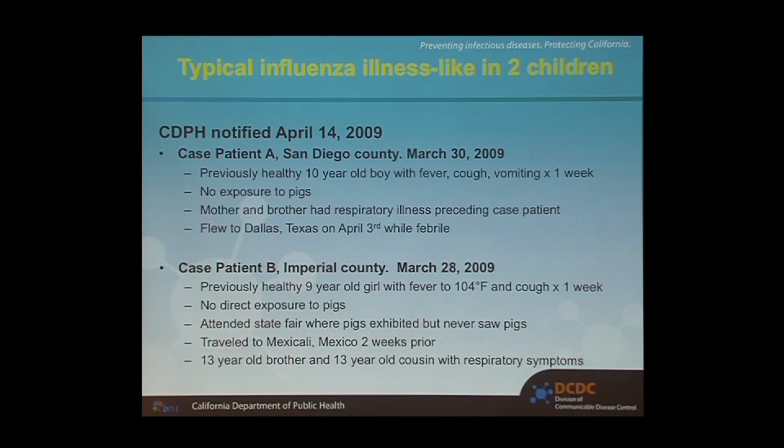we had another case reported from a different county. Same kind of picture, a 9-year-old girl with fever and cough, had relatives with symptoms. She, again, on interviewing, had no direct exposure to pigs, but had attended a state fair where pigs were exhibited, but she never saw a pig. Her specimen went up through the chain, was at the state lab. They could not subtype it into the typical H1 or H3, sent it to CDC, and it was a swine